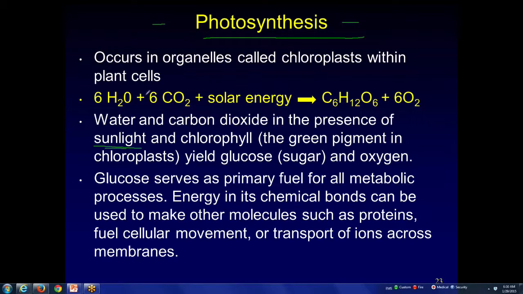And so the sunlight comes in, it's absorbed by plants. Only 1 to 2% of the sun's energy is actually used to perform photosynthesis. Again, 1 to 2% of the light that strikes the plant. And y'all remember, it's visible light that powers photosynthesis. And so solar energy, I'm circling that here for you, is going to combine with 6 carbon dioxides and 6